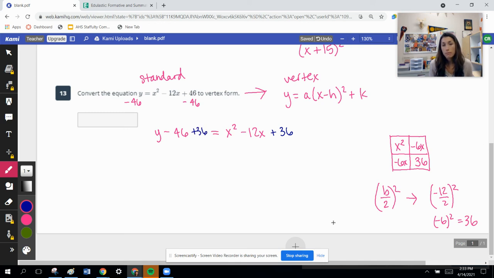Then we put the right side in our perfect square format. This side is always going to go to a perfect square format, and it's x plus whatever half of b is, which is negative 6. If you imagine this box here, we've got x minus 6 and x minus 6. So really that's just x minus 6 in parentheses squared. On the left side, we combine like terms. It's y minus 10 if we combine negative 46 and positive 36. The last step to getting this into vertex form is to move the 10 to the other side, so we add 10 to both sides. This will be y equals x minus 6 in parentheses squared plus